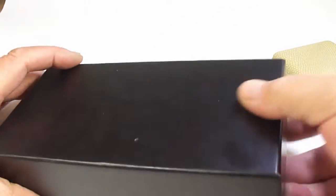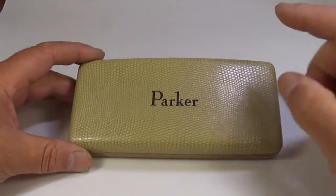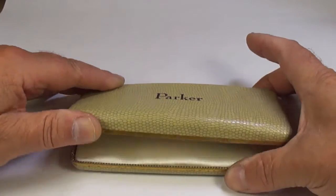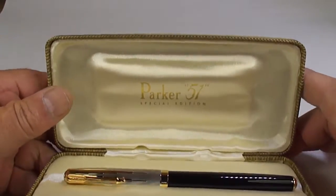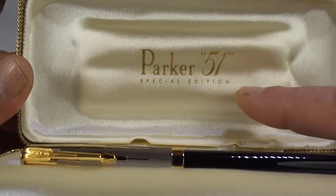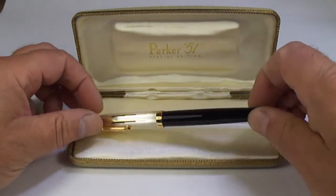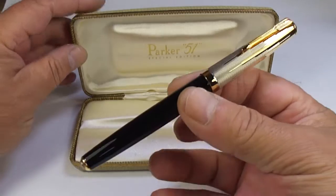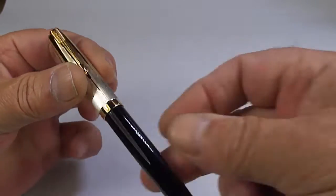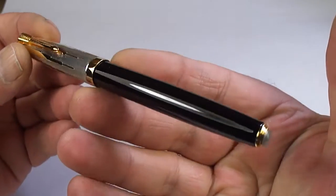Let's pop the top on, move that to one side, and this is the pen. As you could see there, this is the Parker special edition. If we open it up for you, first of all to the very back there, Parker 51, and then just underneath, special edition. Take a look at this beauty. Let's close that up for you, let's pop it to one side, and let's concentrate on this very handsome fountain